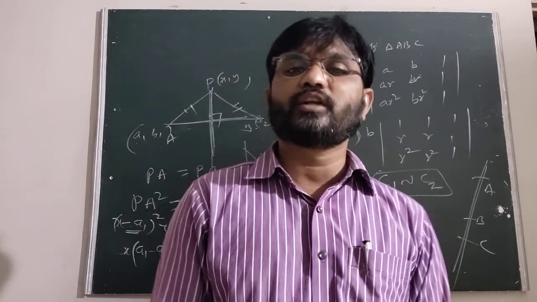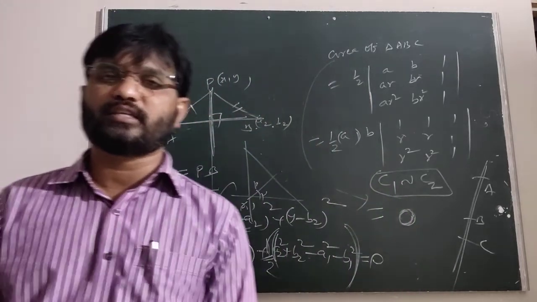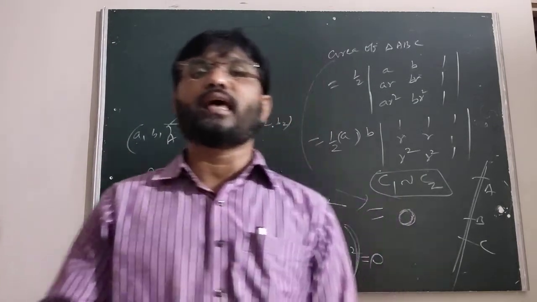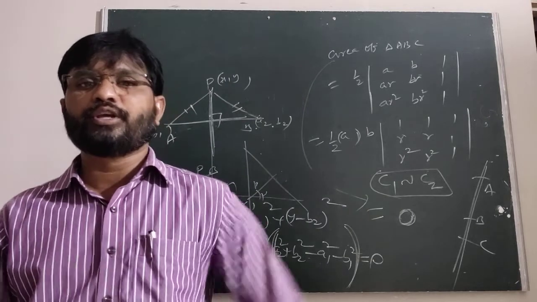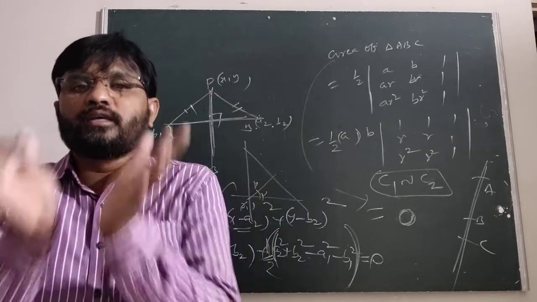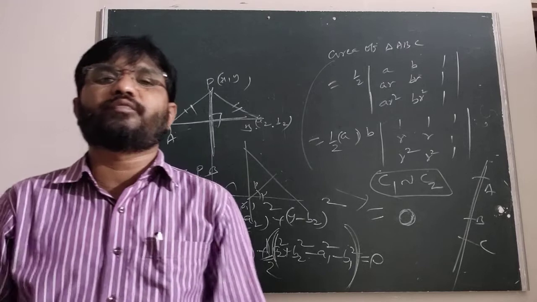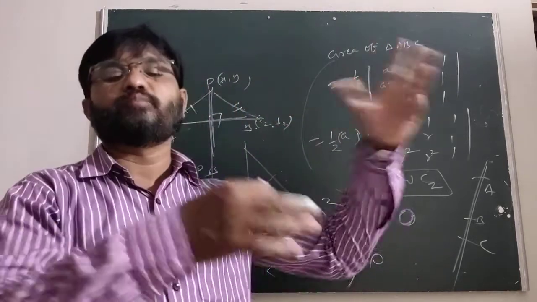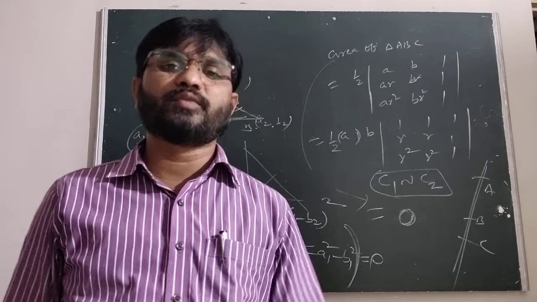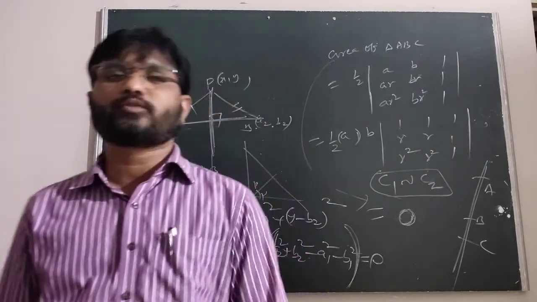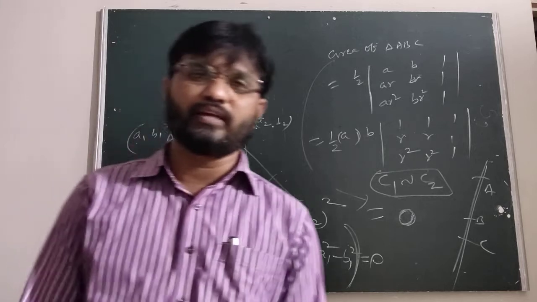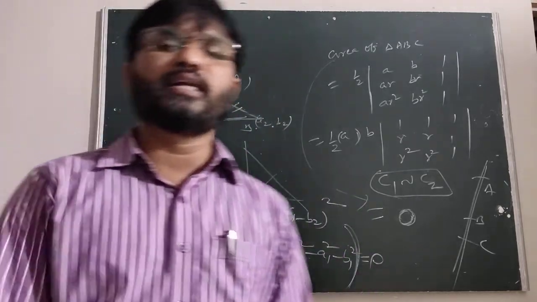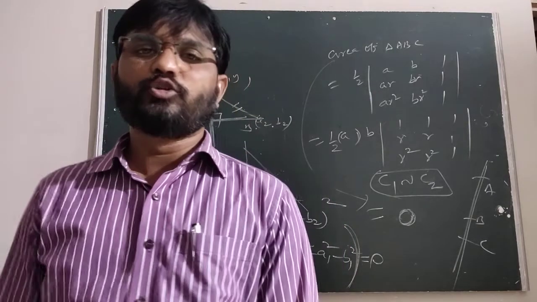Then we discuss the family of lines. The equation of the line passing through the point of intersection of L1 = 0 and L2 = 0 is L1 + lambda L2 = 0. Here the family of lines always passes through the point of intersection of L1 = 0 and L2 = 0. At that time we have to discuss many models. If a, b, c are in AP, then ax + by + c represents a family of lines, and the point of concurrence also.